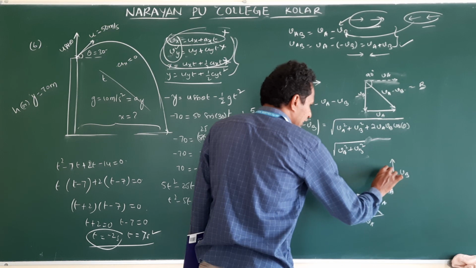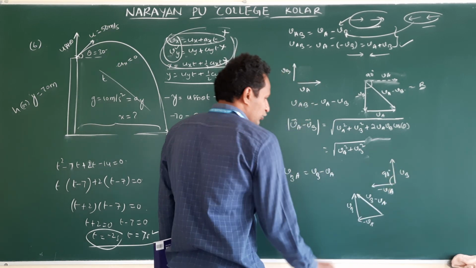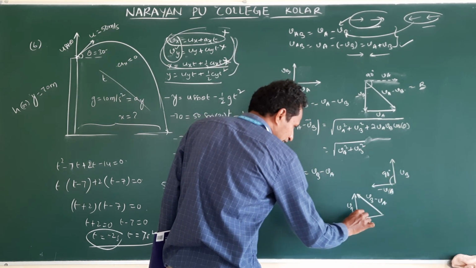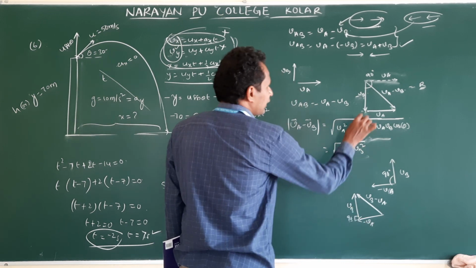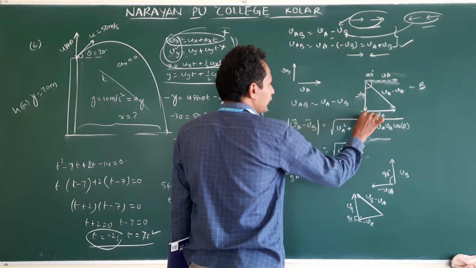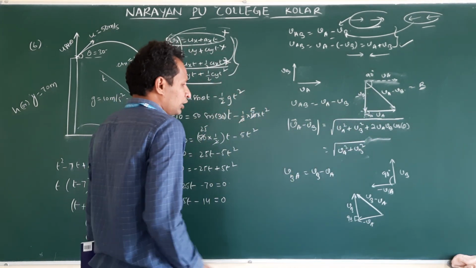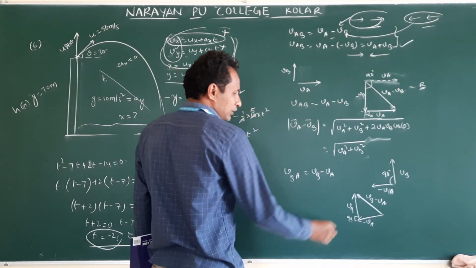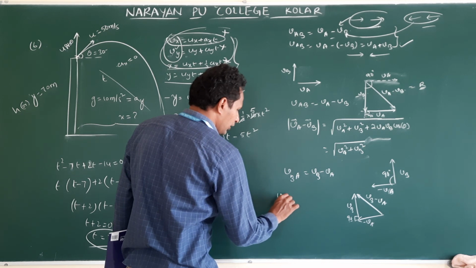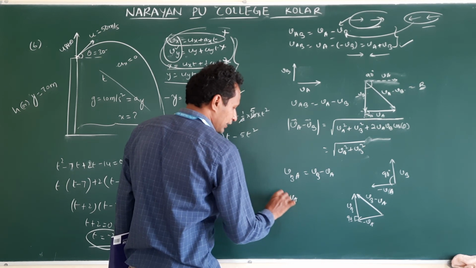What is the initial angle? 90. So by sliding also there is no change in this angle, actually 90. Here also same. If we extend this vector, this will be the 90. Clear? Then what will happen now? Resultant remains the same, VB minus VA.